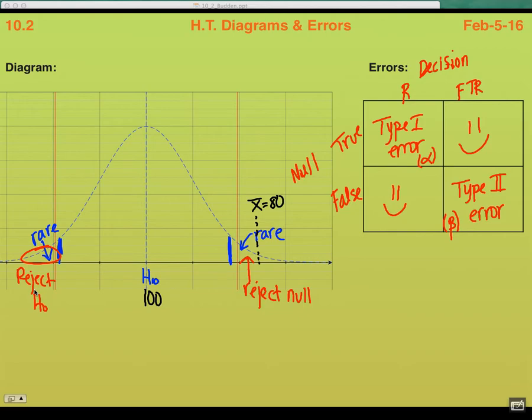Okay, so then let's say that we get a mean that's here. We get an X bar of,